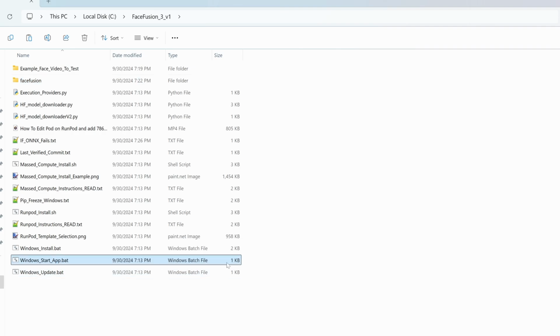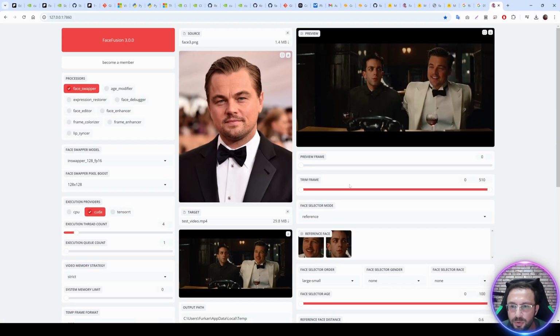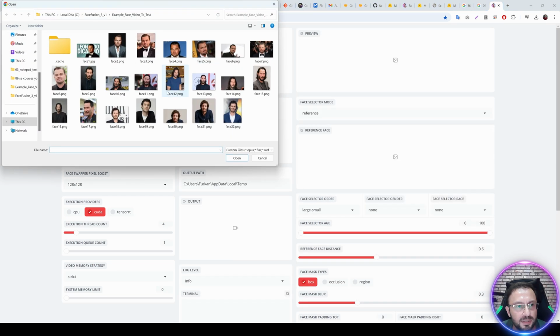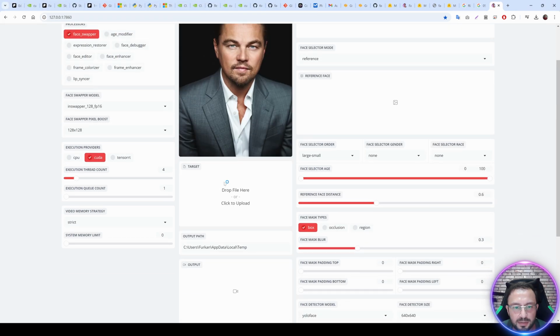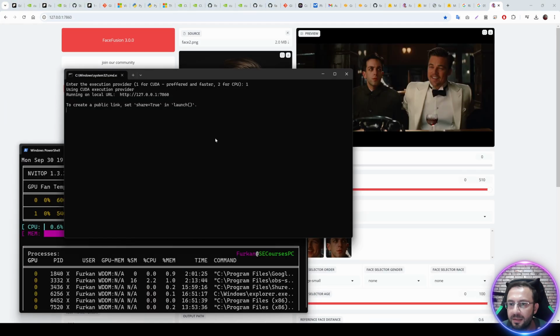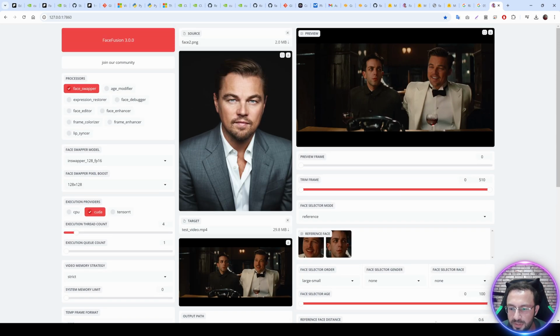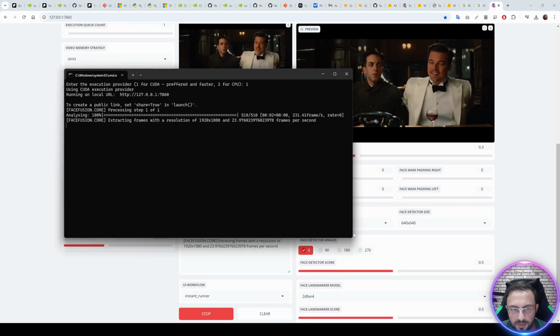Then let's start the application again and let's hit 1. So if you get that error, you need to do this. Okay, let's refresh. Let's select the face again and let's select the video file and let's look at the CMD window. Yes, no errors. So it is working perfectly fine. Then let's start and see the progress speed. We can see it here. It is using CUDA. Yes, it is working without any errors. And you see it is processing 10 to 12 frames per second. So this is how you solve C++ related errors, CUDA related errors.